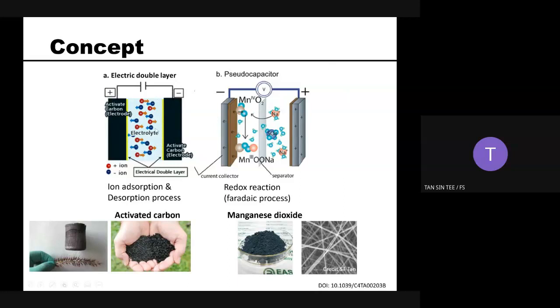For the material commonly used in EDLC, it is activated carbon, which has a very high surface area, and also the graphene aerogel system, which is very light. You can balance it just using the spine of a plant. While for the pseudocapacitor, the active material people normally use is more toward transition metal oxides, because we are going to alter the ionization state during the oxidation and also the reduction process.